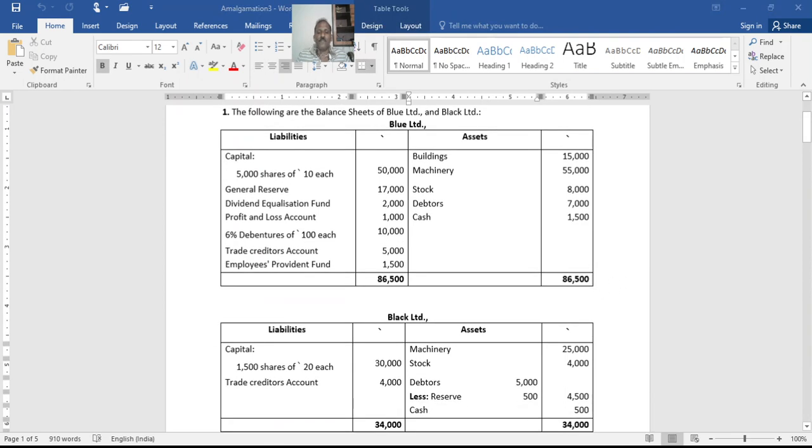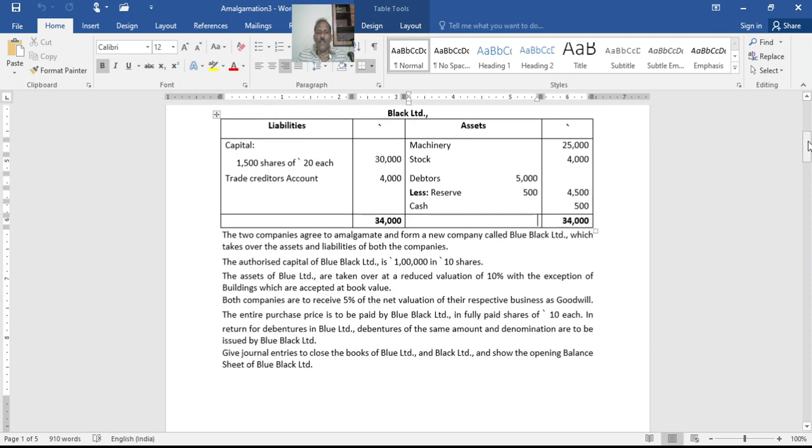Then another company, Black Limited, has a simple balance sheet given. Capital 1,500 shares of 20 each, 30,000. Trade creditors 4,000. Machinery 25,000, stock 4,000, debtors gross 5,000, reserve 500, net 4,500, cash 500, total 34,000. And below the balance sheet, it is given that the two companies agree to amalgamate and form a new company